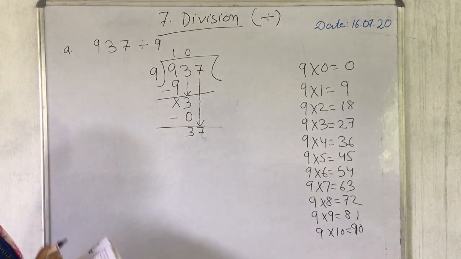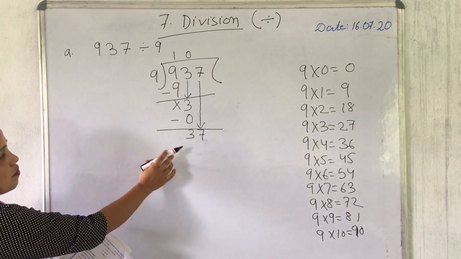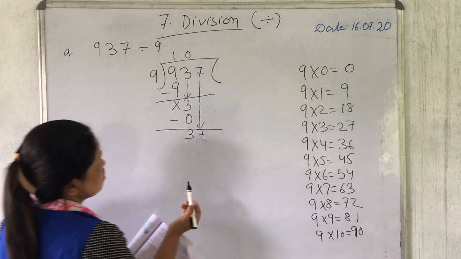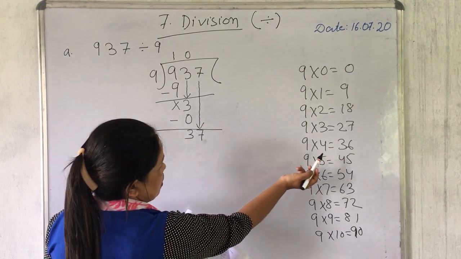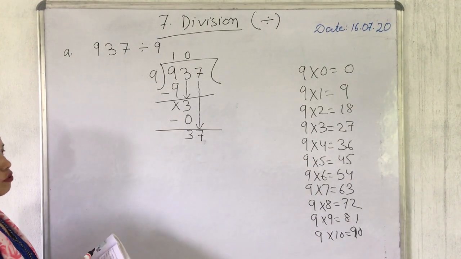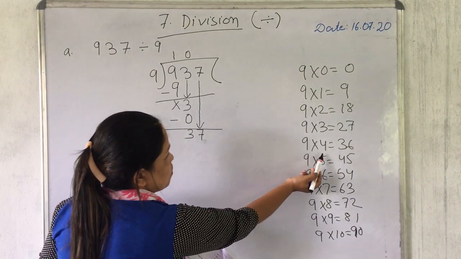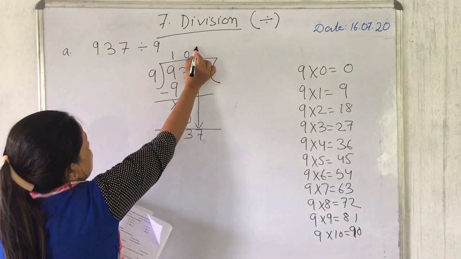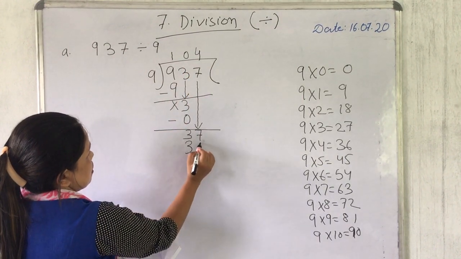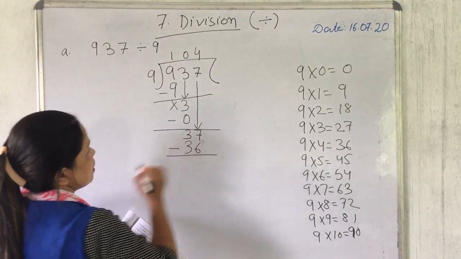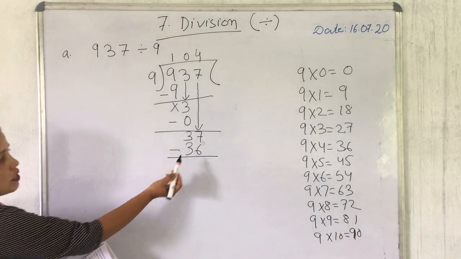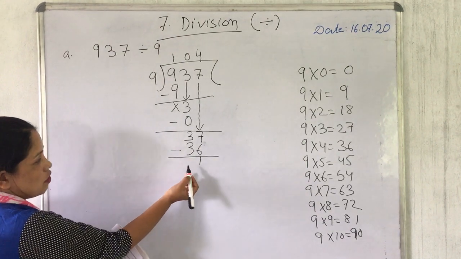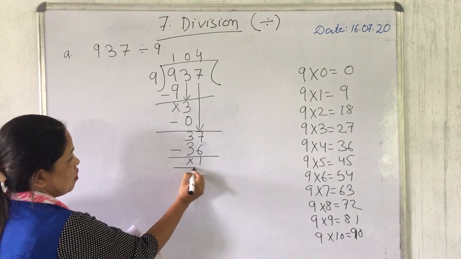Isn't it? So now the third step is to put this 7 down here. It becomes 37. Okay. So in the 9 table, does 37 come? Look here. No, isn't it? So you have to see the number which is less than 37. So what is the number? 9 fours are 36. Isn't it? So in the 9 table, 9 fours are 36. Got it? Now again subtract it. Now 7 minus 6 is 1. Now 3 minus 3 is 0, or you can cross it out.